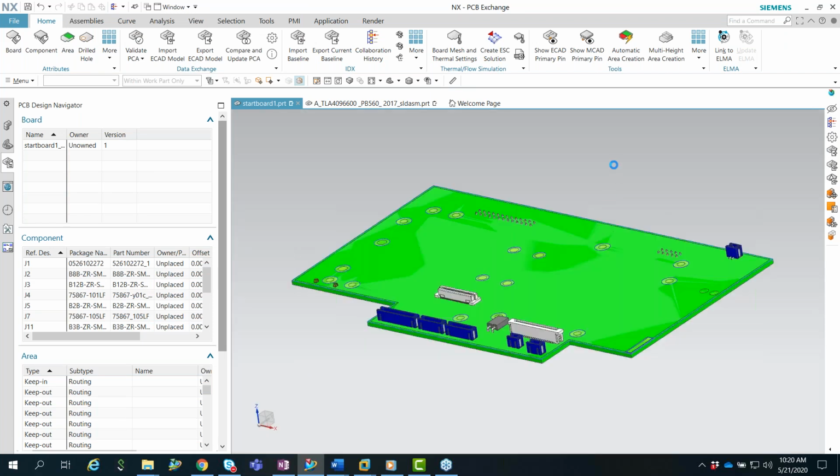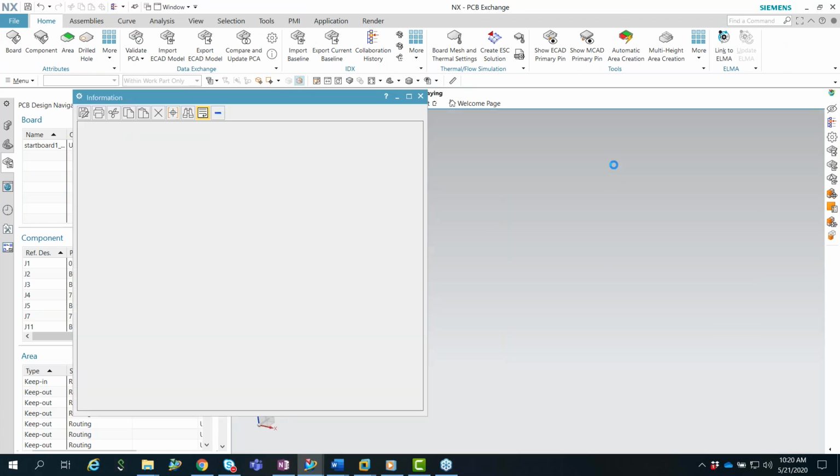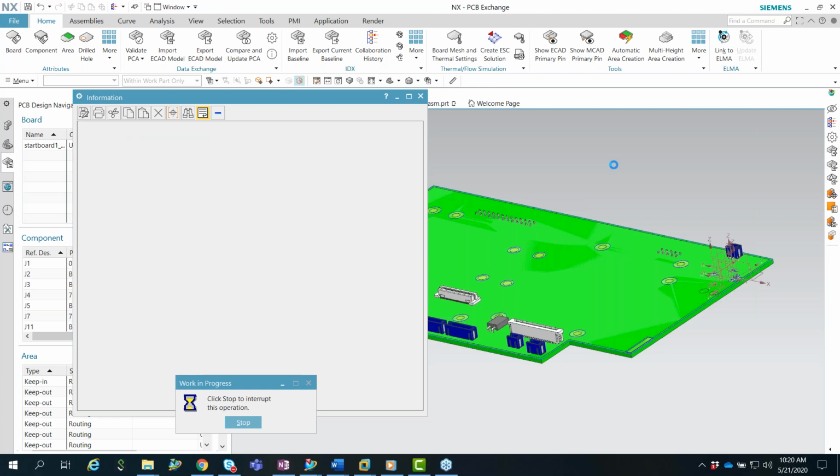And now it's going to go ahead and populate the board with the very detailed components that Mark sent over from his library. And you'll see the connector moved back into place here. And it's populating the board for me with all the detailed components. And some other aspects, as Mark mentioned, while this is moving along here,